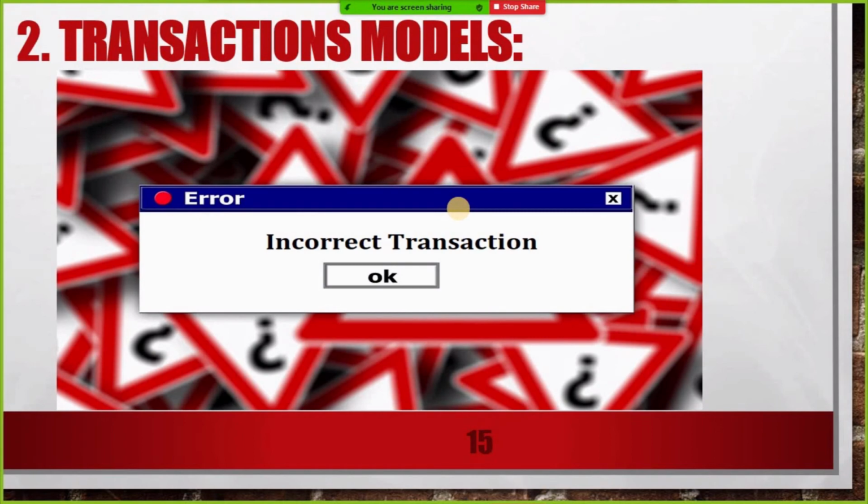Now next we have the transaction model. I hope you are familiar with the term transaction. There are different terms related to transaction like commit, rollback, and so on. In mobile database, there may be incorrect transactions. We perform different operations like insert, delete, update in the wireless signals and in varying locations. So due to this, there may be incorrect transactions, and so it affects the transaction model. So it is also another issue of data management.